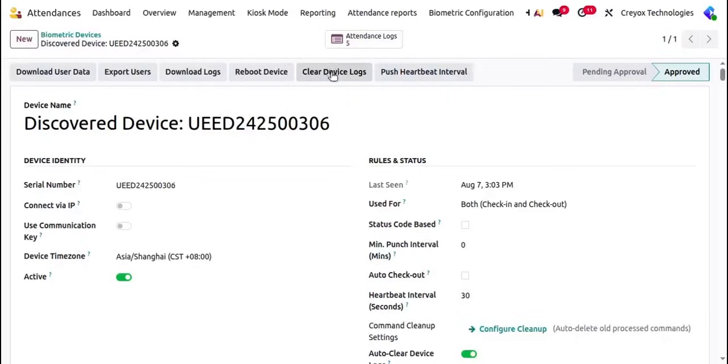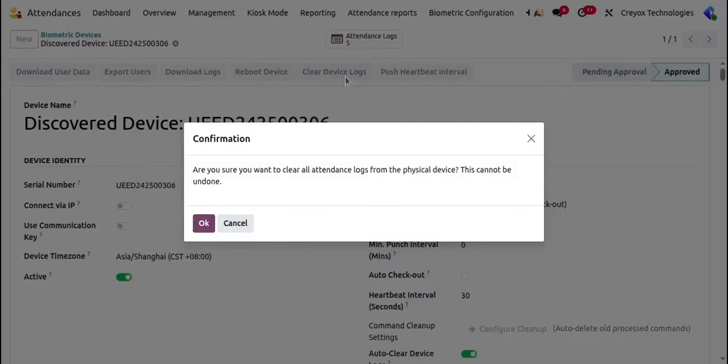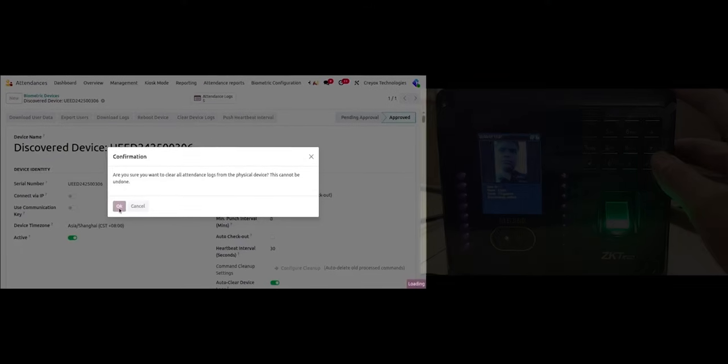Then the next thing is Clear Device Logs. This button will help you to delete the device logs from the device, whichever logs are present in your attendance device will be deleted if you click this button from your Odoo database. I will show it to you. If I click on the Clear Device Logs button, it will ask you for confirmation: are you sure you want to clear all the attendance logs from your device which is configured with your Odoo database? So if you click on OK,